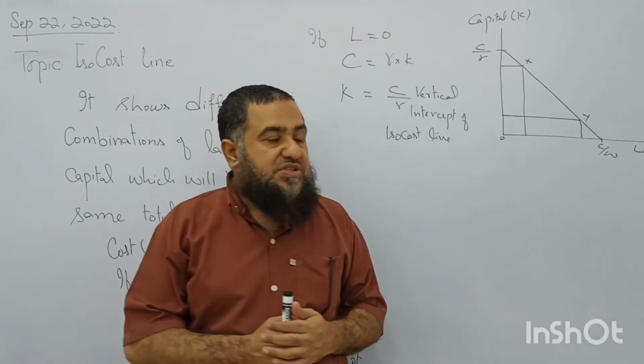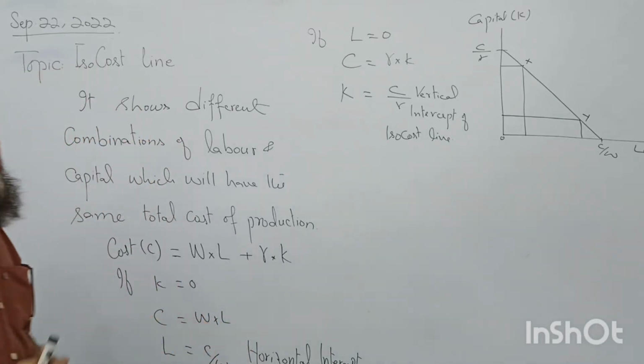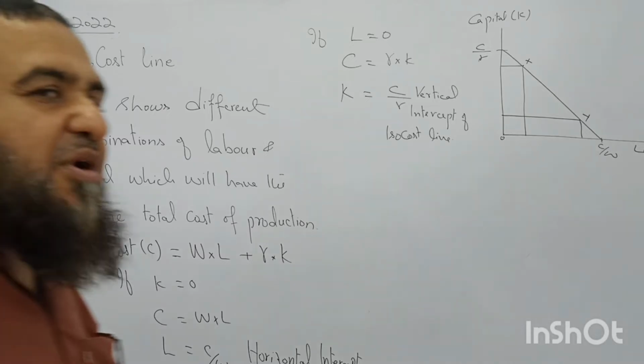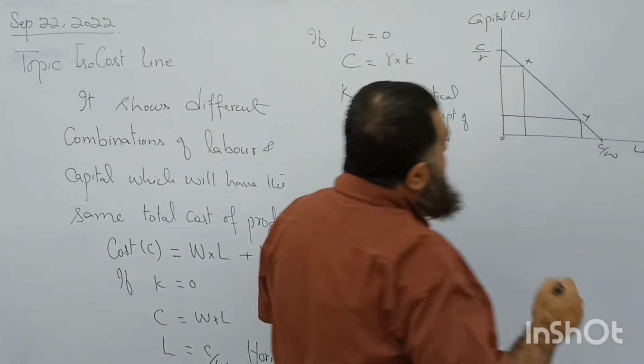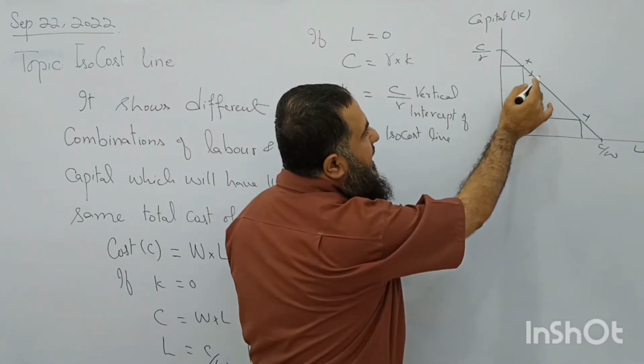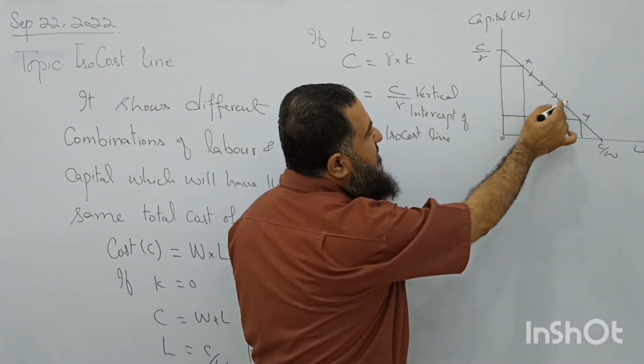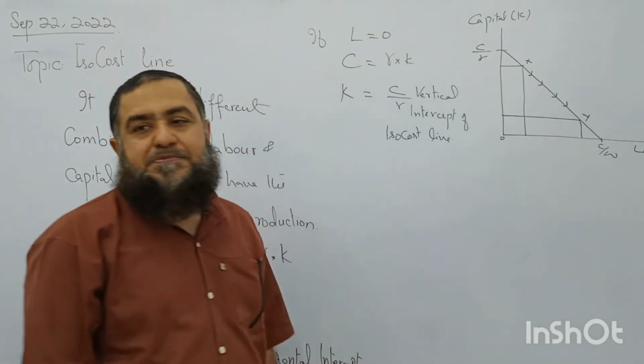Follow? This is what isocost line. Now let me know, is it downward sloping? Yes. If we increase labor, downward slope. When I talk about downward sloping of the 2 variables, it tells us if one is increasing, another is decreasing. How can I say this is downward sloping? Look here. If I increase labor, I have to decrease capital.